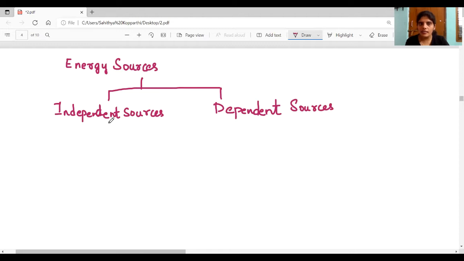Independent sources means sources that do not depend on the voltage or current of any other element present in the network. That means the independent source value does not depend on the voltage or current of any other element present in the network. Whereas dependent sources, of course, their value will be dependent on the voltage or current of any other element present in the network. Independent sources again are classified into